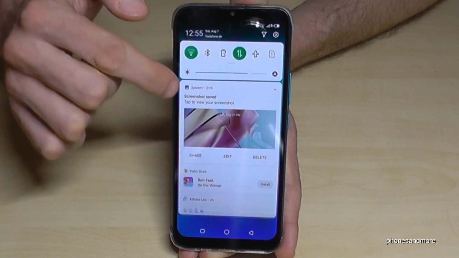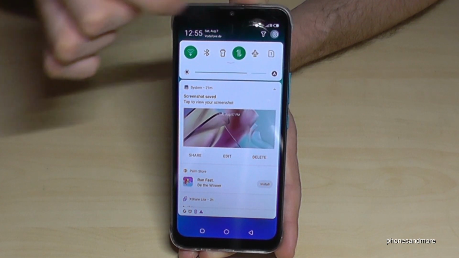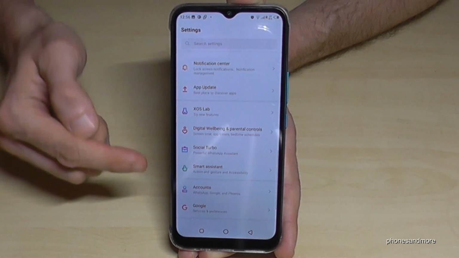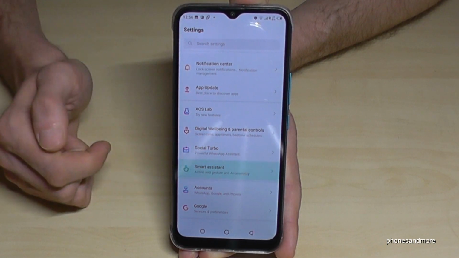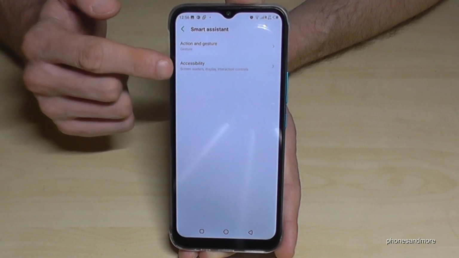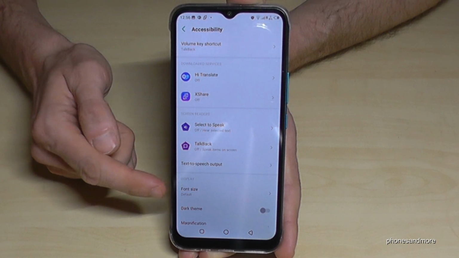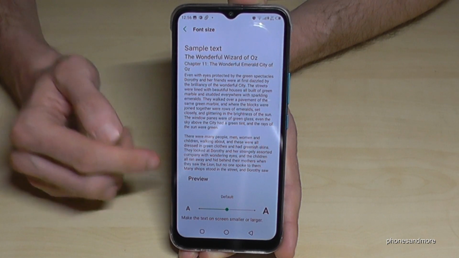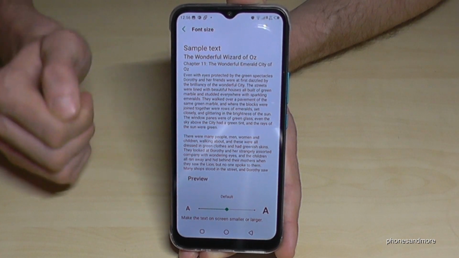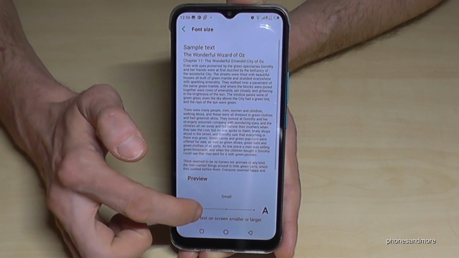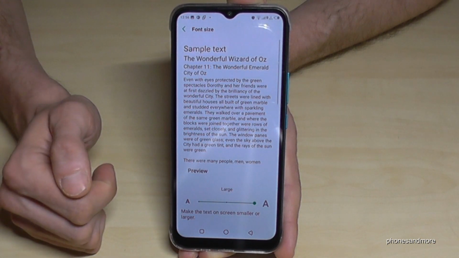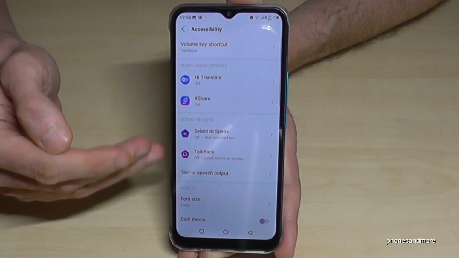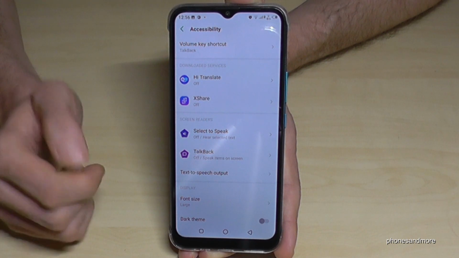So for that, just scroll down and go to the symbol for the settings. Then scroll down to the point Smart Assistant. You see, I really love that feature here. And then we have here the point accessibility. And part of these accessibility settings is the font size, so the text size. So here you have an example, no? Now you can make it a bit smaller, but you can also make it much bigger to large, and that gives you a help definitely to read